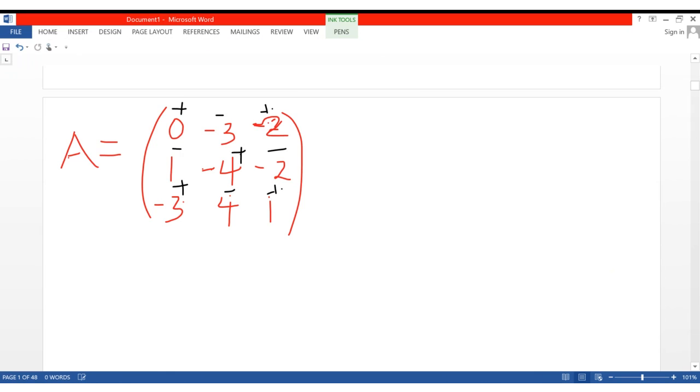So I'll start with the first element, 0. First of all, I get basically the determinant of the first entry. For element 0, the sign is positive. Then I block, and I'll remain with -4, -2, and then 4, 1. So you can be able to see the sign. I'll put the sign. That is for element 0.